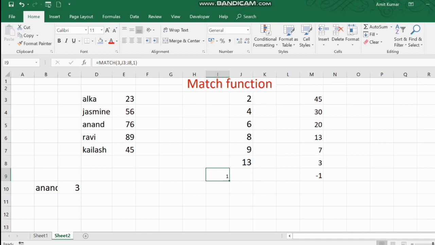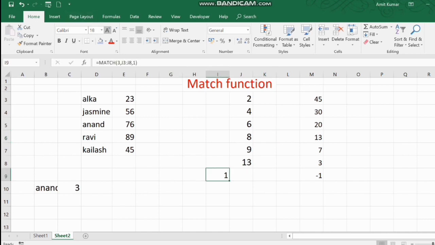I'm going to explain it, because I told you earlier that if we want to find the position of some number and the range is arranged in ascending form, then we were going to find the value 3, but 3 is not available in your range. The value less than 3 is available, that is 2. So that's why it gives us the position 1. Alright, I hope you understood it.